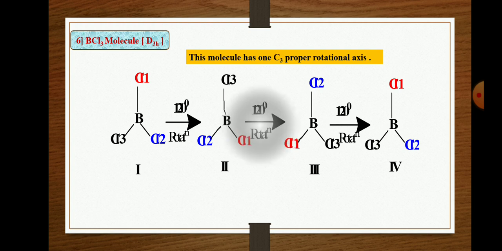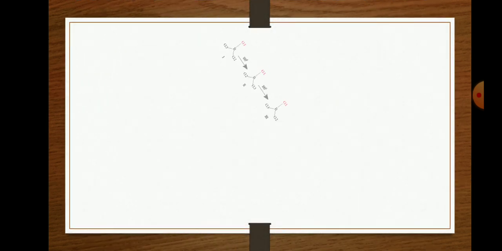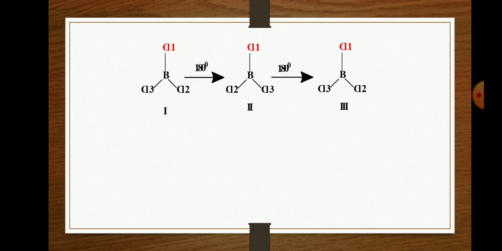Okay, then we have to know that this molecule also possesses a C2 rotational axis. But try to understand, when it is considered with Cl1, we have to keep Cl1 constant for this terminology. We have to rotate Cl1, Cl2 and Cl3 by 180 degrees, so we get a second configuration. When this configuration is again rotated by 180, we get the first and third are the same.